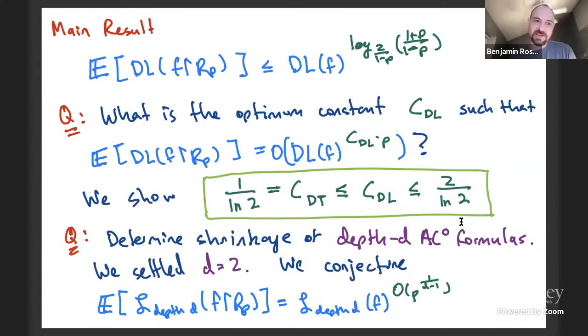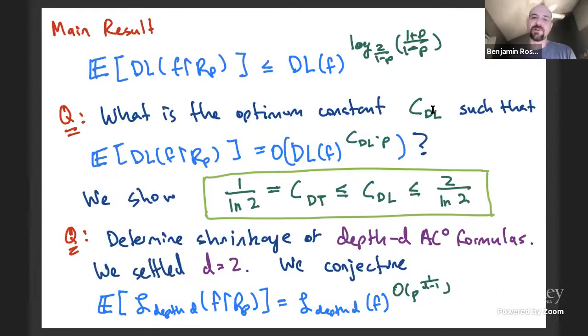Good. So just to summarize, our main result was this shrinkage bound for decision lists. So some questions this raises. First of all, it would be nice if there are some interesting applications of this result. And this result also suggests the right notion of a shrinkage exponent for these measures like decision trees and decision lists